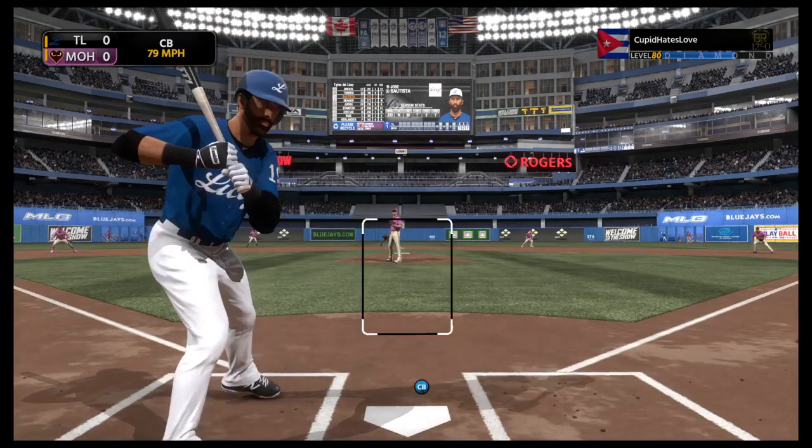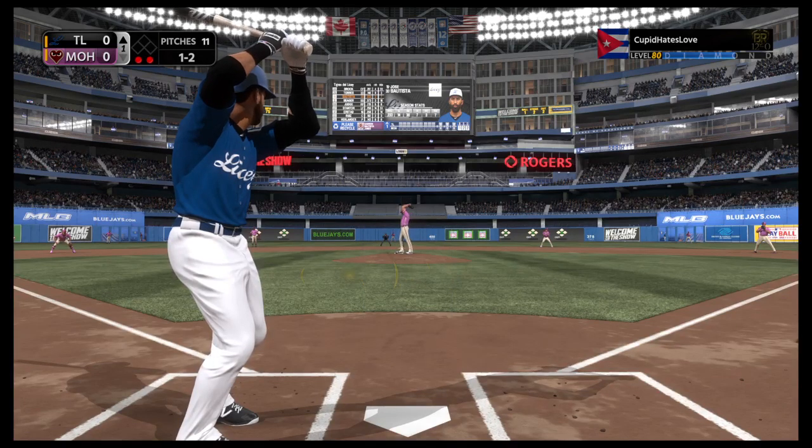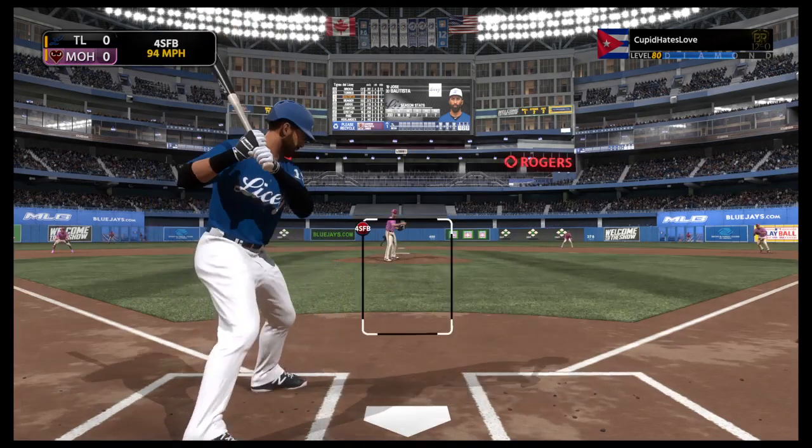And they'll try to bounce a curveball on 0-2, but he holds back. It's 1-2 now. Tried to get him to chase that 0-2 curveball there. Looking at a fastball to...